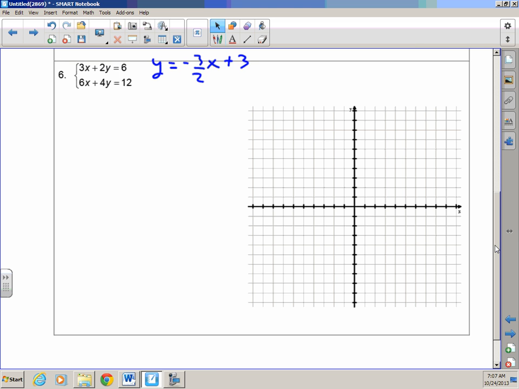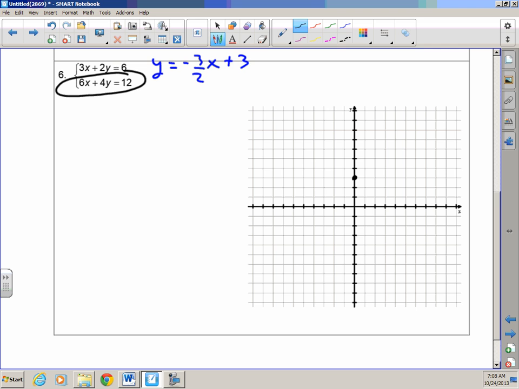Hopefully, before doing any work, you realize that the second equation, the bottom one here that I'm going to circle, has everything twice the first one. So they're the same line. That's that multiplicative property of equality. So I don't even have to go any further. You could convert the second one to slope-intercept form, but you should be getting the same, unless you did something